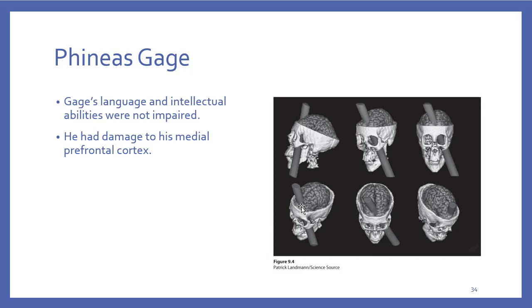Medial means middle, so toward the middle. What was interesting about this is that with all of the injury that he incurred, there wasn't any damage to the language abilities that he had. That's because language abilities are housed in the parietal occipital region in the brain. So that was spared, and he was able to maintain verbal functioning. Now, what he chose to say was impaired, because what you choose to say is governed by the prefrontal cortex.